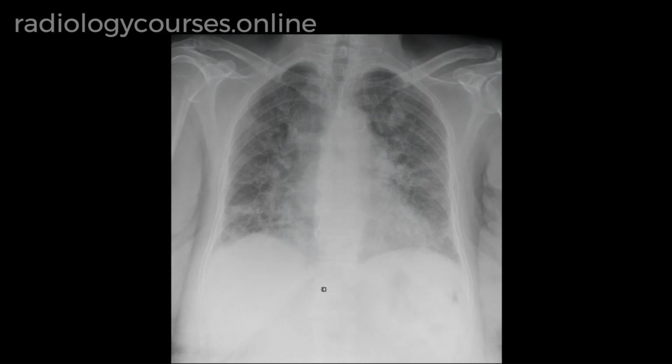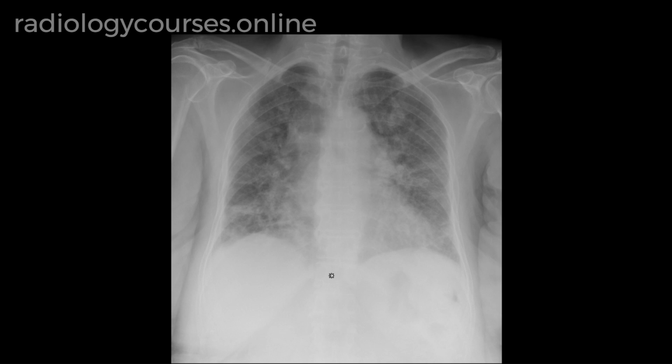Here is a chest radiograph of a 55-year-old who presented with a history of cough and shortness of breath. So if this case is presented in the viva voce of a radiology exam, how do you proceed? First of all, we need to describe the radiological findings in detail before coming to any differential diagnosis or conclusion. The way to describe the lesion in viva voce is something as follows.